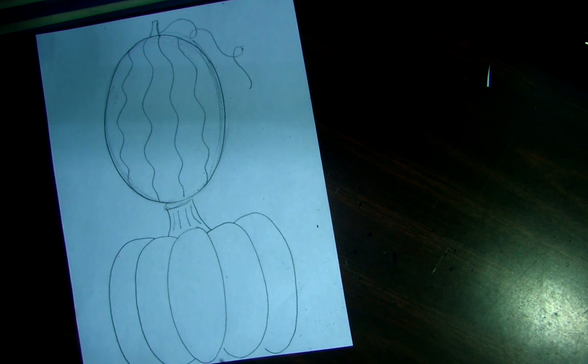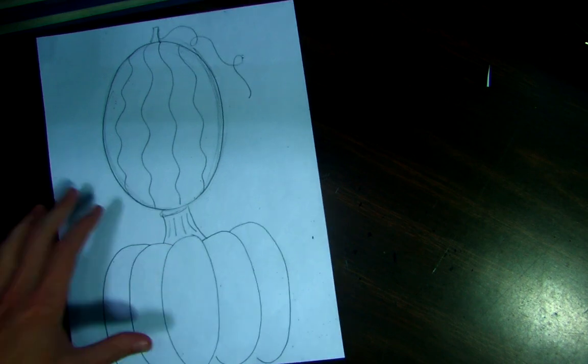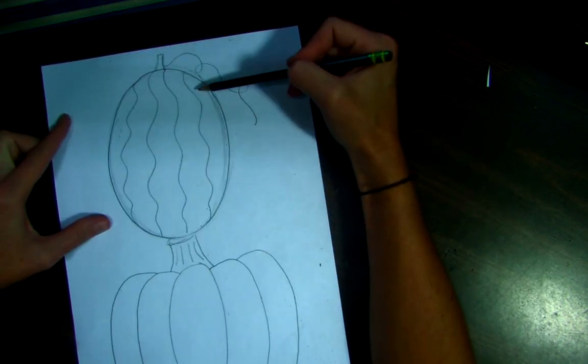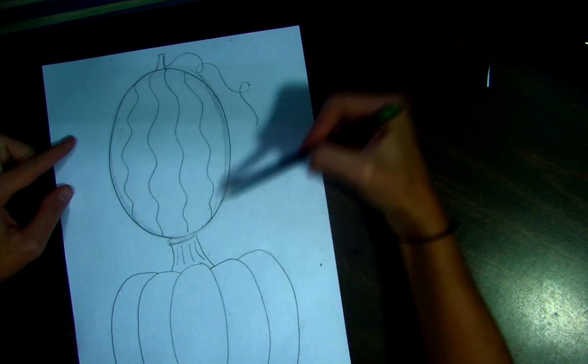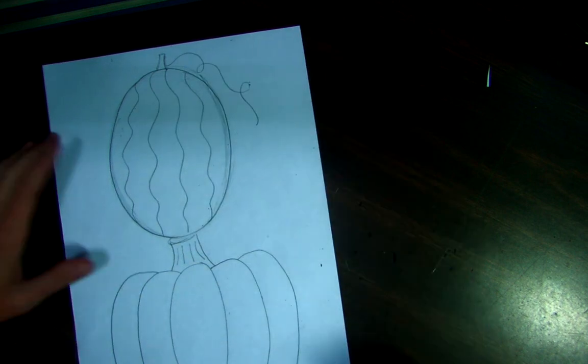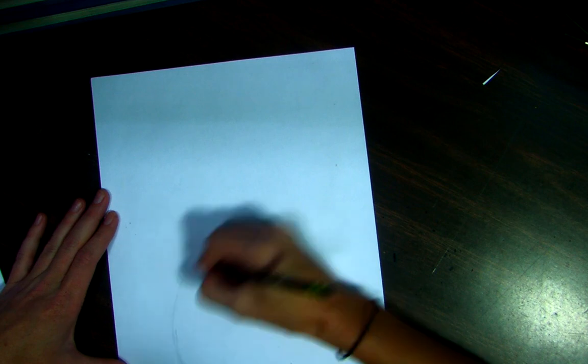Now I am going to show you how to do a pineapple as well, if that's an option that you'd like to do. Pineapples are fun. You could use the pineapple for the head and then have the spiky part be the hair, or you could flip it around and have the pineapple be the head and the spiky part be the neck even too, or the shoulders, vice versa. So now for my pineapple, again, maybe I'll make it the shoulders this time. So I'll start at the bottom of the paper. I'm going to really lightly draw an oval